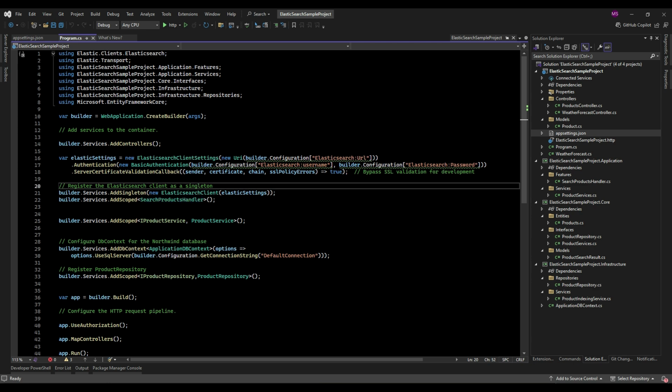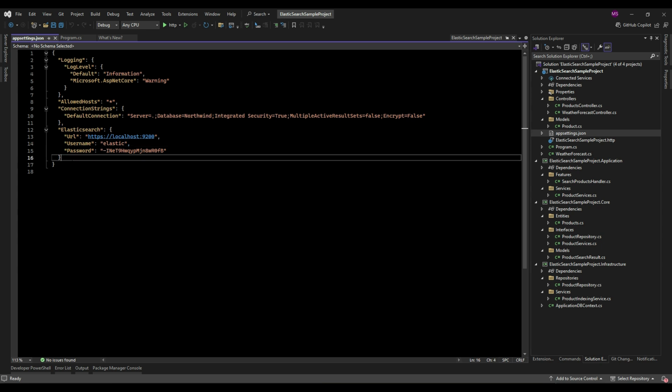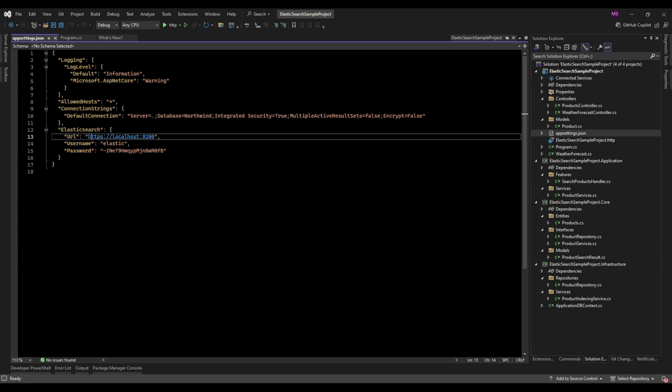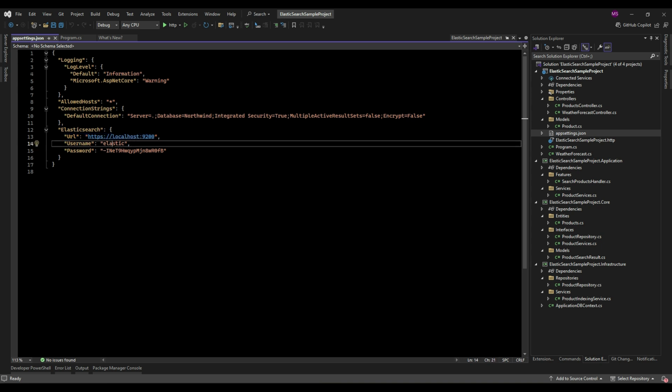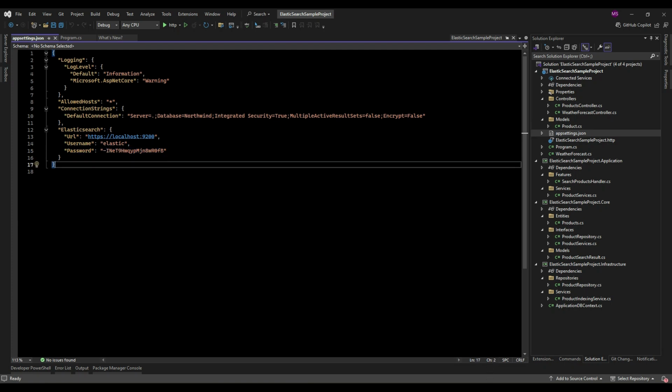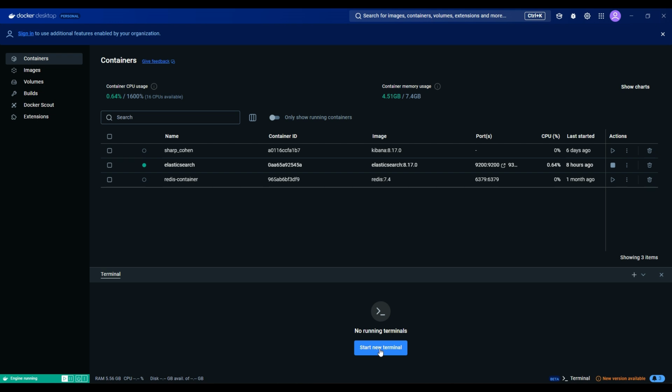I also configured the Elasticsearch settings in the appsettings.json file. These settings include the default URL and port for connecting to Elasticsearch, and by default the username is set to elastic. To obtain the password for your Elasticsearch instance running in Docker, you can use the elasticsearch-reset-password tool.